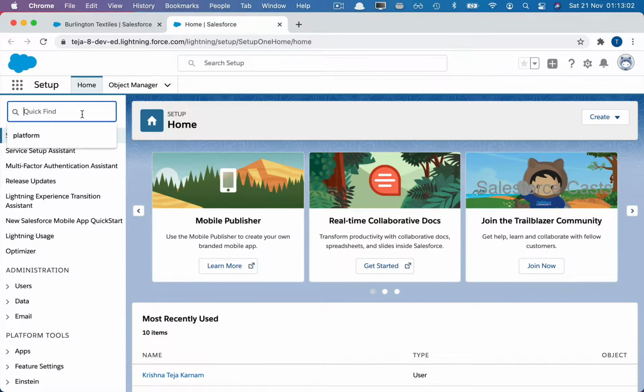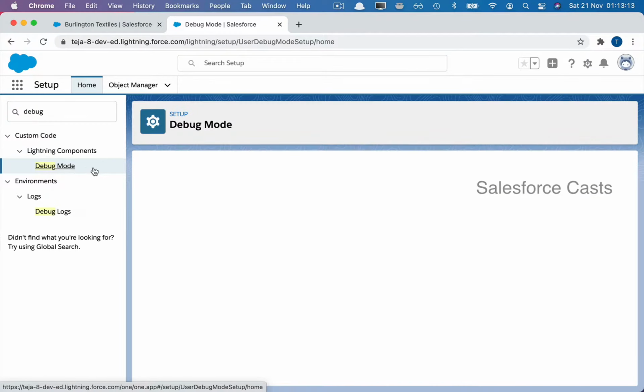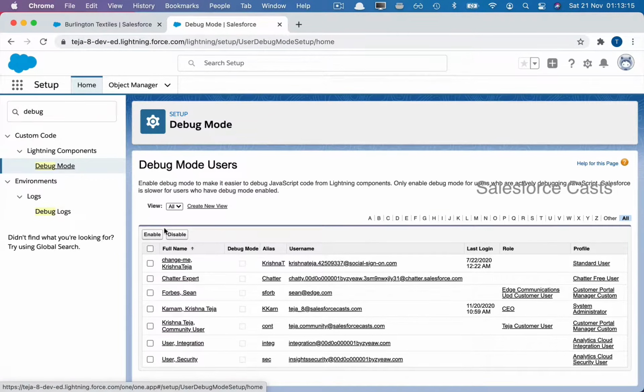And then I'm going to search for debug. Let me click on debug mode. And we can enable the debug mode for the particular user. Now, this is one way of doing it. But the downside of this approach is, back in the org,